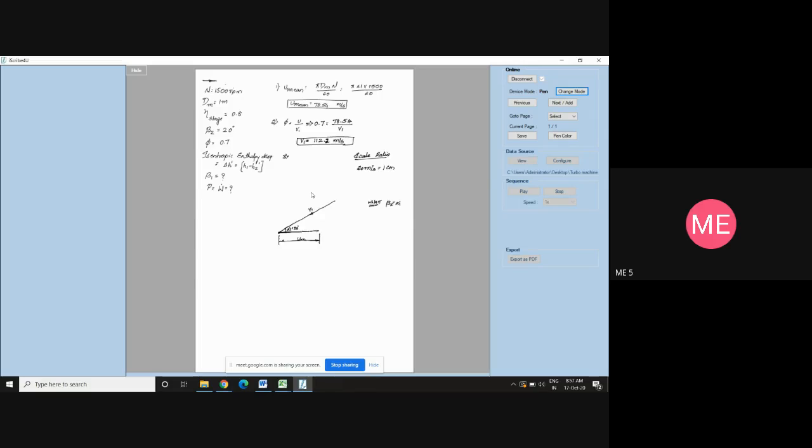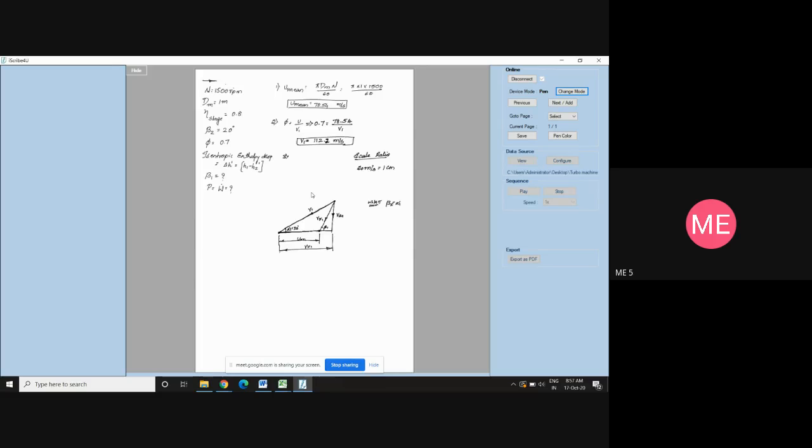The length of V1, how much will it be? As per the scale, you check out. So it will end up somewhere here. Then from here, drop a vertical line and write down this as VA1. From this end, extend further and also join from the apex to that end. This is called beta 1 and this is called VR1. The distance from here to here is called VU1. So this is finished.